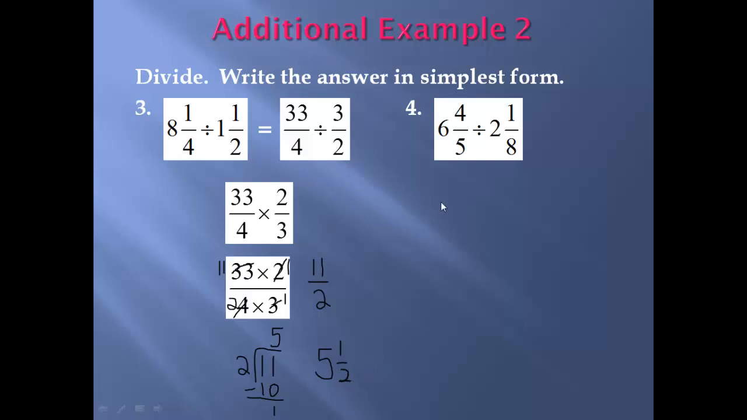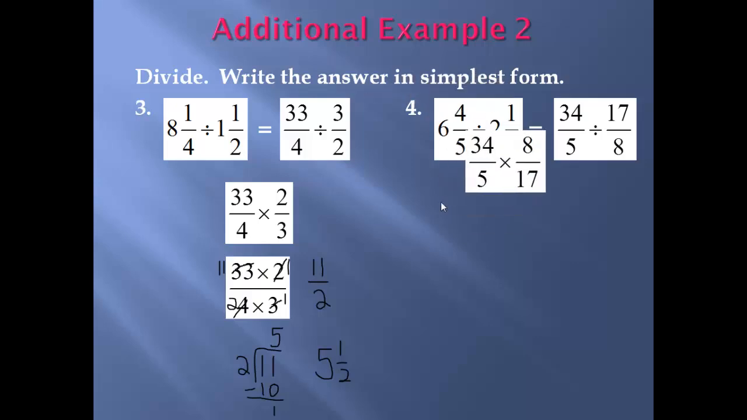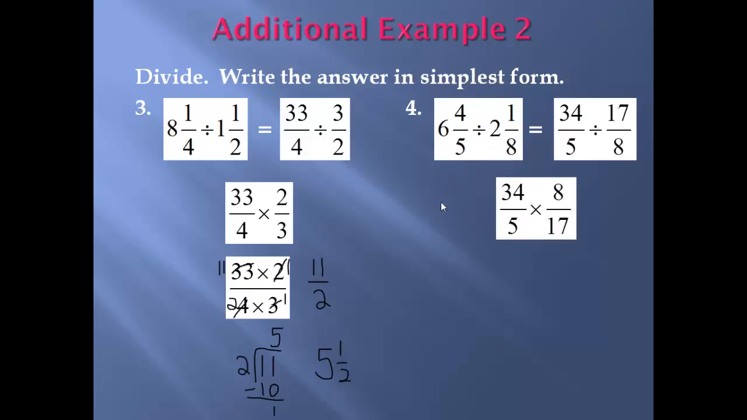For our next problem, we have 6 and 4/5 divided by 2 and 1/8. Our first step is to make both of them into improper fractions. 6 and 4/5 would be 34/5, and 2 and 1/8 would be 17/8. So we have 34/5 divided by 17/8. We're going to keep 34/5 the same, and we're going to multiply by the reciprocal. So 34/5 times 8/17. Next, we'll go ahead and multiply our numerators, 34 times 8, and we'll multiply the denominators,